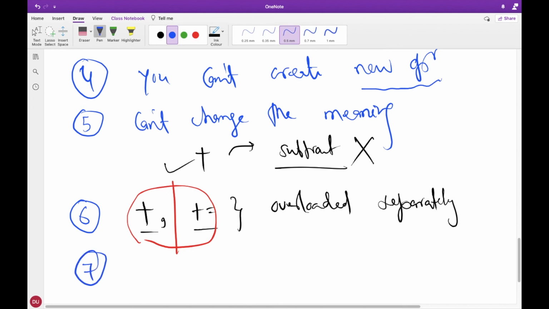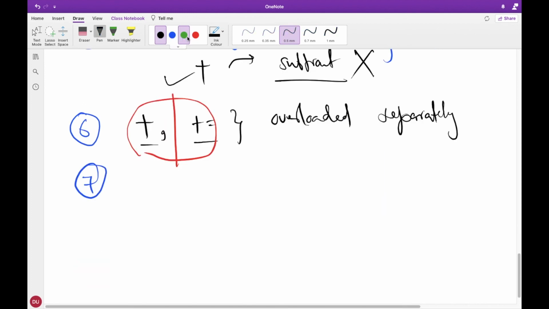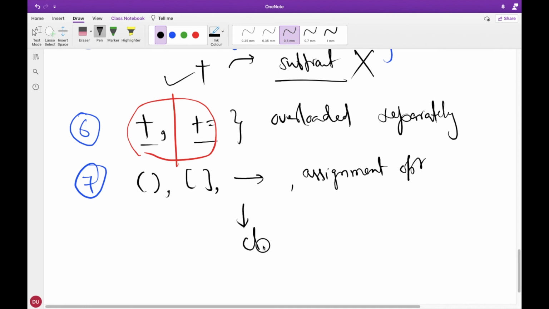One more thing, when you are overloading operators like square bracket, arrow, or any of the assignment operators, in all these cases the operator overloading function must be declared as a class member, right?